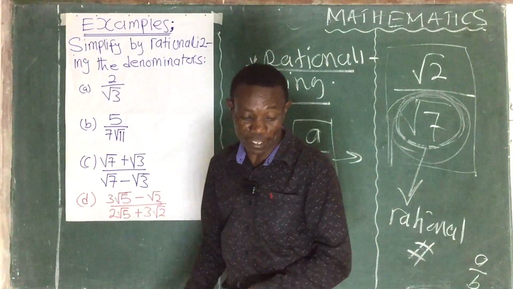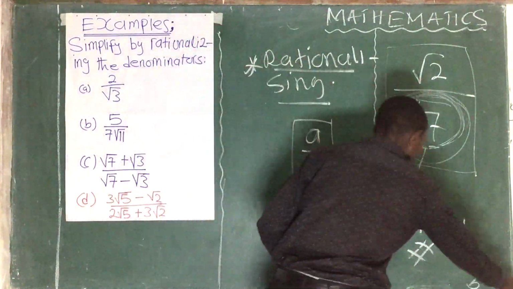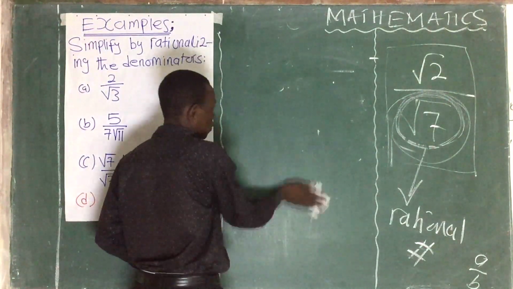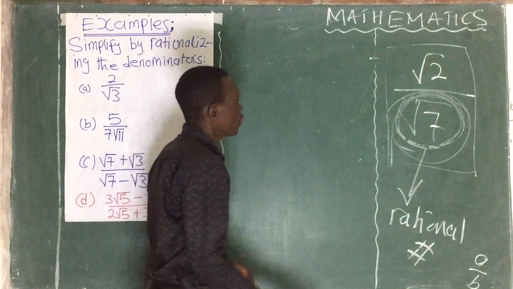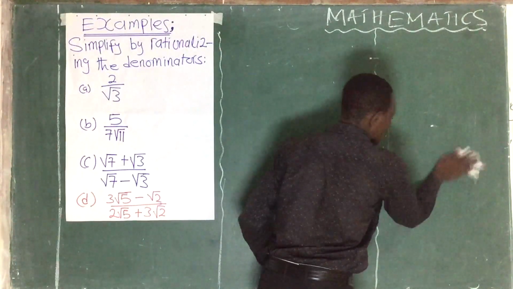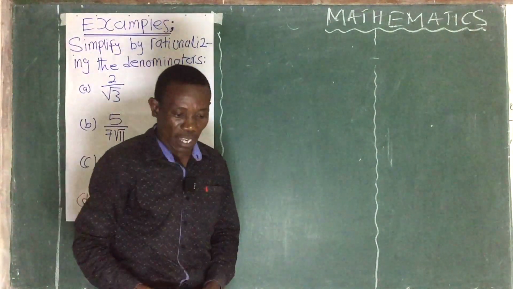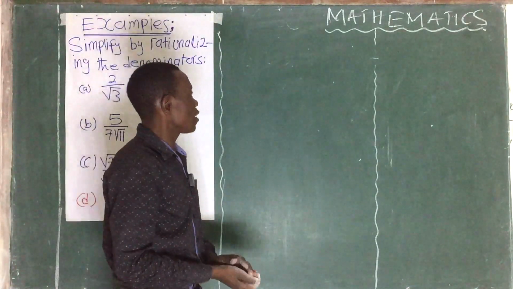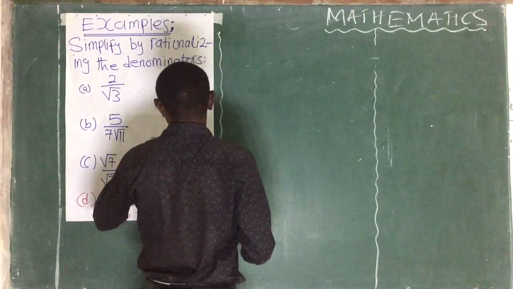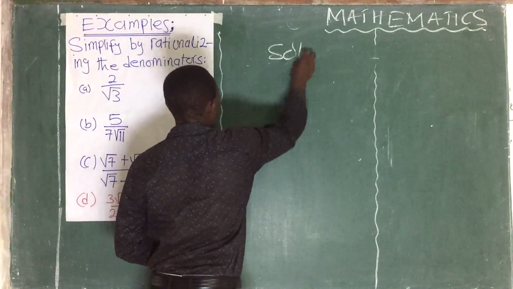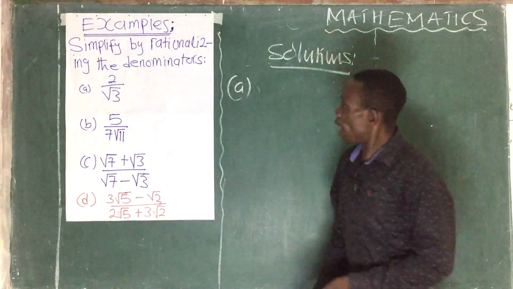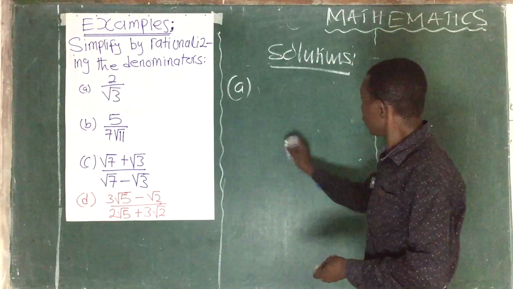Right. So now let's see how we are going to handle that by the steps which are highlighted on the chart. Multiply the denominator by its conjugate. Right. So you can see here, we are talking about the conjugates. It means for those of us who followed yesterday's video, I think this is not very new to us. Right. Now, let's get into example A. These are now the solutions. Right. For A, we are given